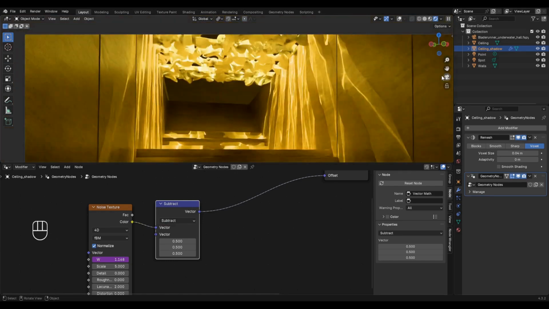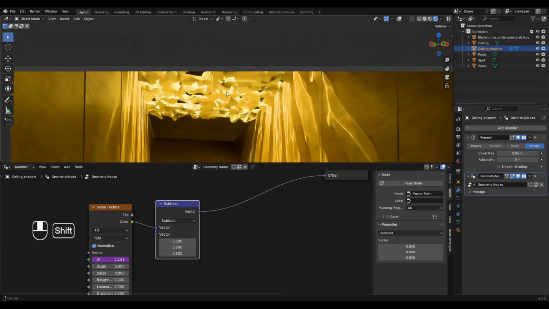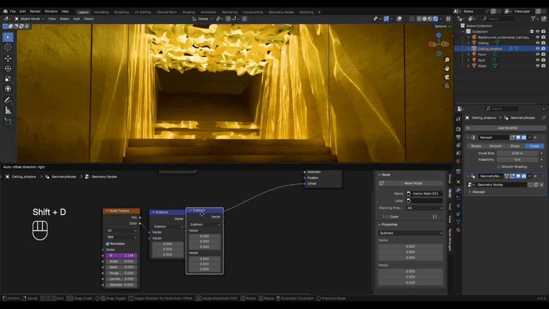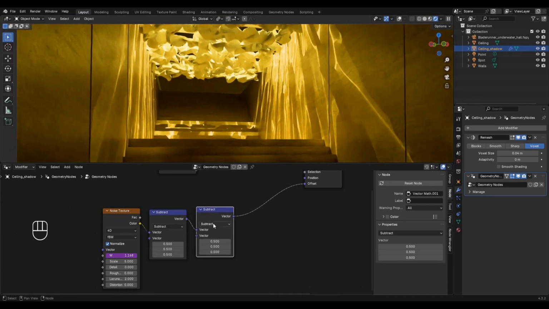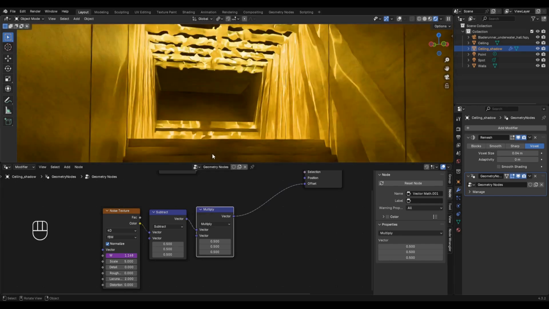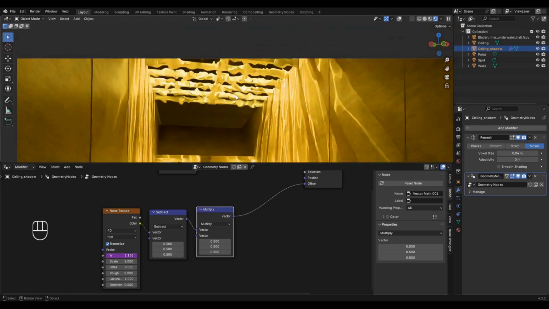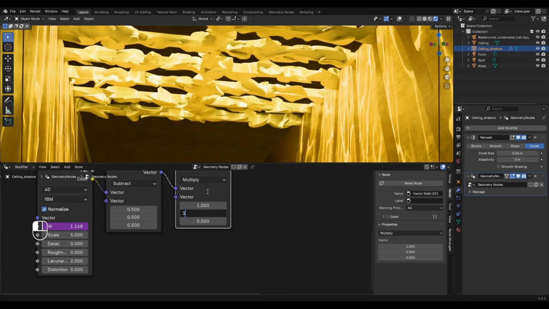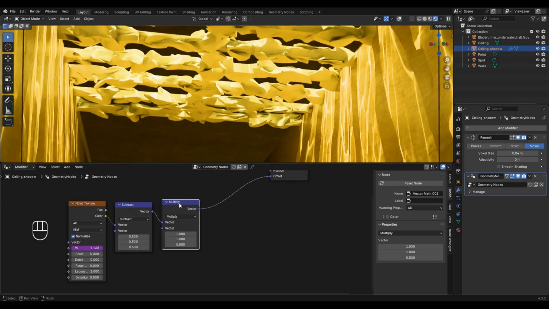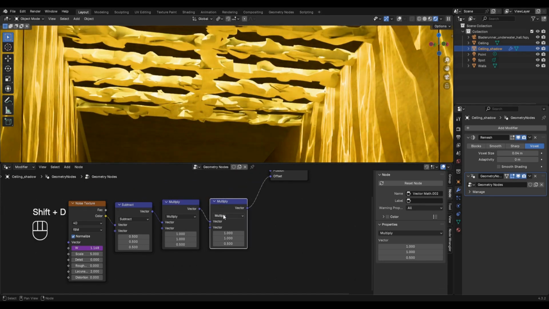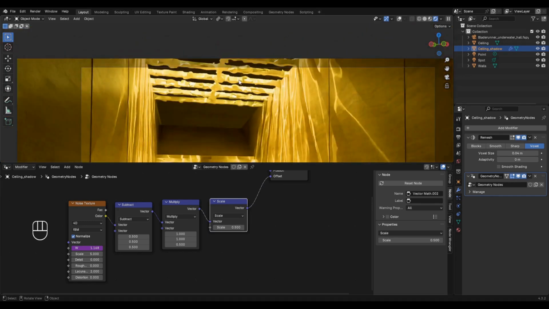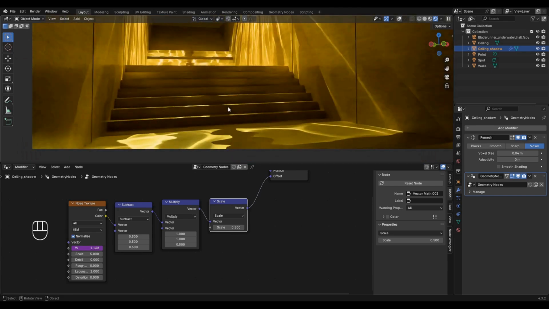Now it has returned to the original position, but it still looks clumpy. Let's decrease the noise strength. Copy Vector Math node and change it to Multiply. Now we can control XYZ channels separately. Set 1, 1.5. Duplicate Vector Math node again. Set the Math option to Scale. Set Scale to 0.5. Check the result.